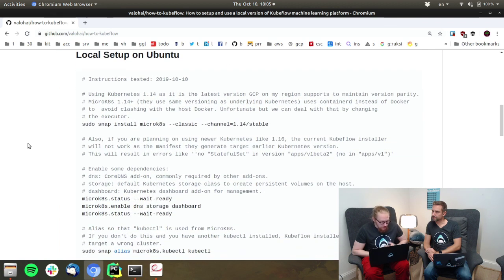So first, I was trying different approaches to get Kubernetes running locally, and the most reliable and fastest one that I found on Ubuntu was MicroK8s. If you have Snap, which is a package management service and program, you can install it from there. Some notes: